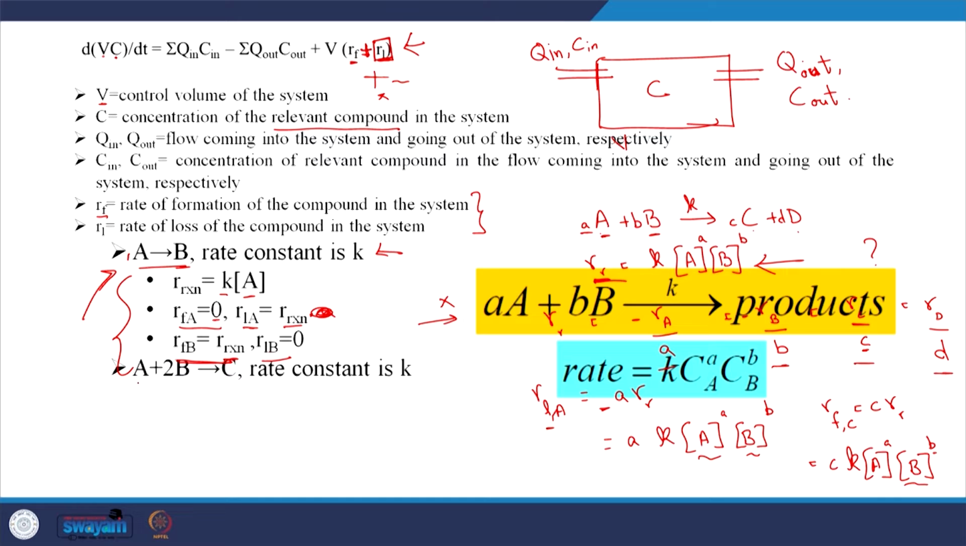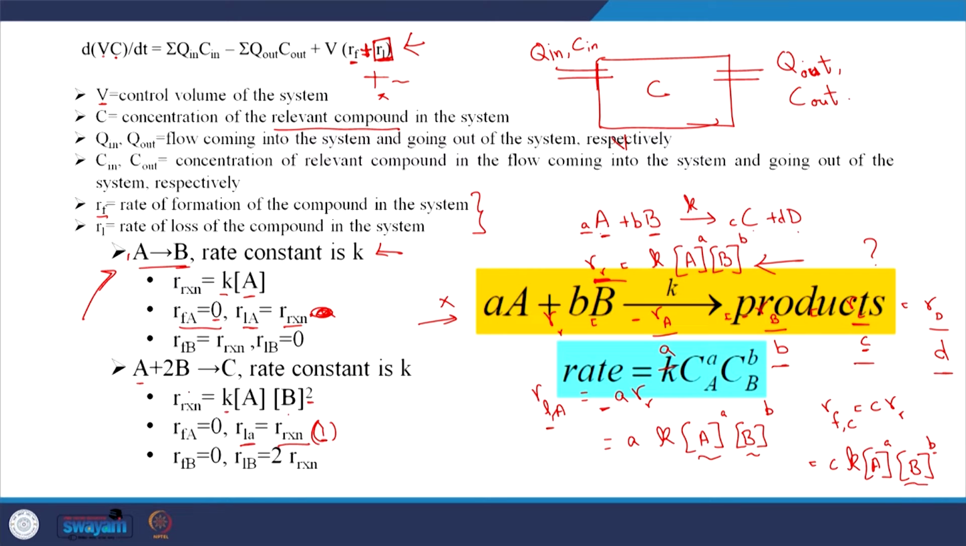But if it is A plus 2B goes to C and rate constant is K, what do we have? Rate of the reaction is K, rate constant, times concentration of A into B to the power of stoichiometric coefficient, which is 2 out here, and rate of formation of A is 0 because A is only being lost, and rate of loss of A is equal to 1 times the rate of the reaction. Why 1? Because the stoichiometric coefficient of A here is 1, right. So, that is something to keep in mind, and similarly rate of formation of B is 0 and